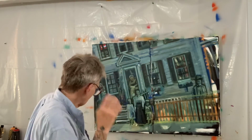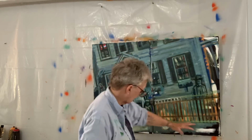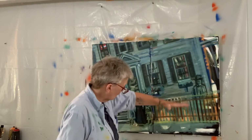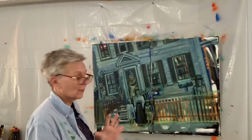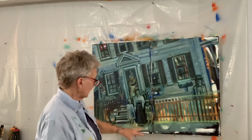So here we are, and now I'm lining up with it upside down. I'm lining up the fence and how it actually travels or how it's measured in the reference material, bottom of the fence, top of the fence. I'm restructuring some of the windows, restructuring the doorway, and some of the other details. Whoop-de-doo. But what I love is,